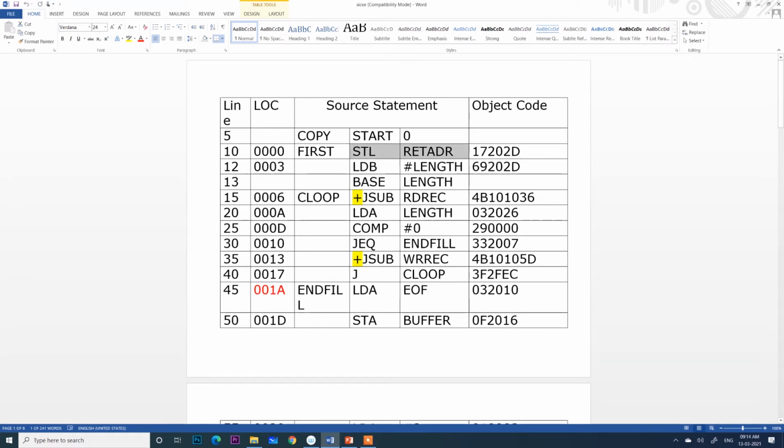For example, suppose you have the instruction STL RETADR, so we'll look at that instruction once. Suppose the program starts at 0 and the object code we have generated is 17202D. So you can see STL RETADR, the object code is 17202D. Now consider the same program, STL RETADR.